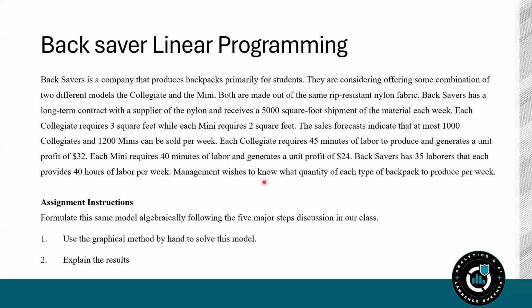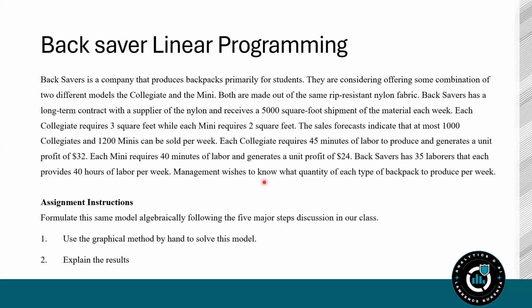And each collegiate requires 45 minutes of labor to produce, and it generates a profit of $32. Each mini requires 40 minutes of labor and generates unit profit of $24. The company has 35 laborers, and each provides 40 hours of labor per week. The management wishes to know what quantities of each of the backpacks to produce per week in order for them